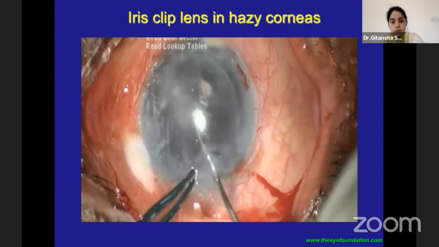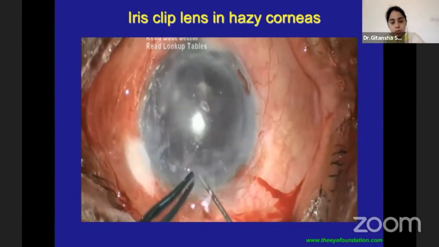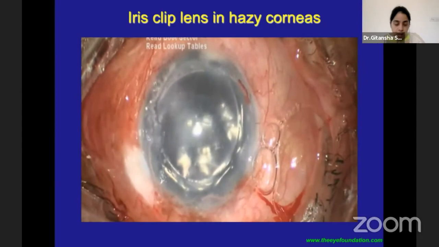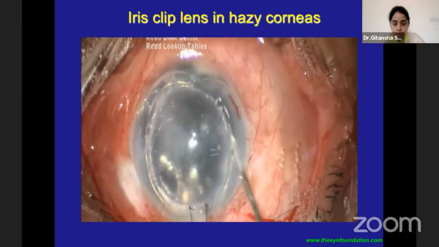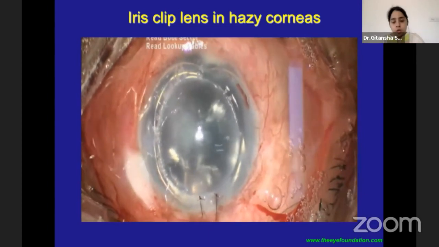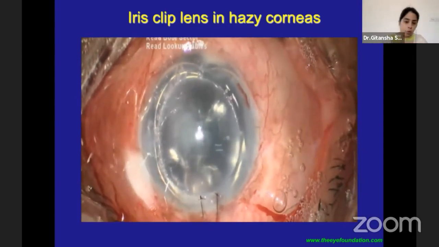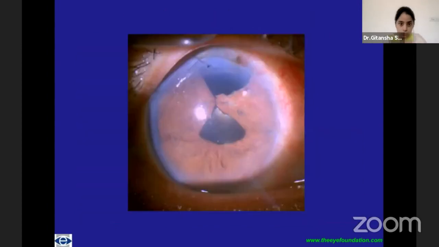You can see that after the DSEK donor has been placed, we will do a good air fill. And at this time, the pressures are fairly high, about 50 to 60 millimeters. And you can see that the lens does not disenclavate or require re-enclavation. Even when the iris is slightly less or there is a certain loss of tissue, such as this case where a large sector iridectomy has been done, one can just do a small pupilloplasty,